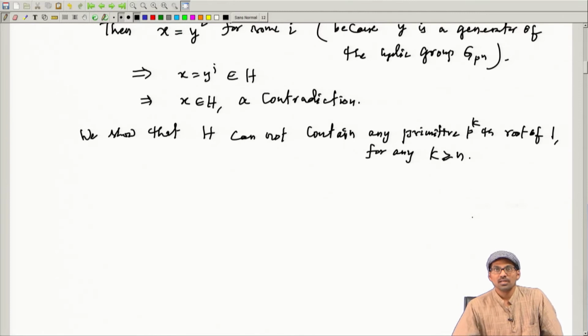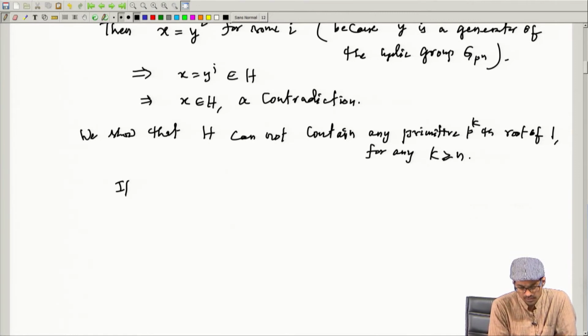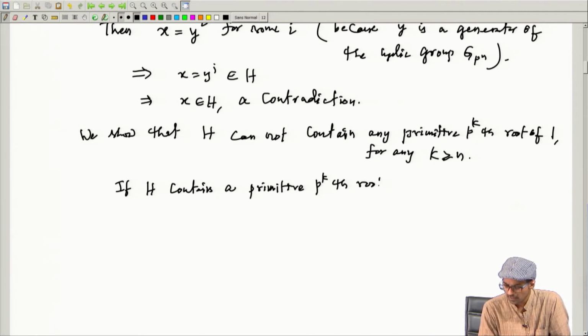Okay. So, let us show this. Suppose H contains a primitive p power kth root of unity,